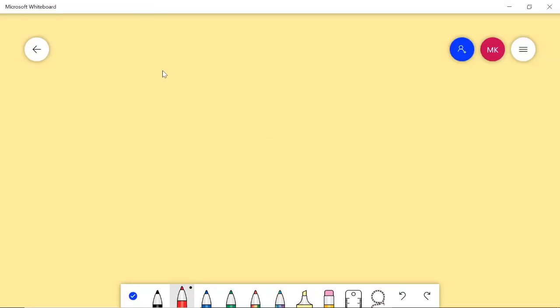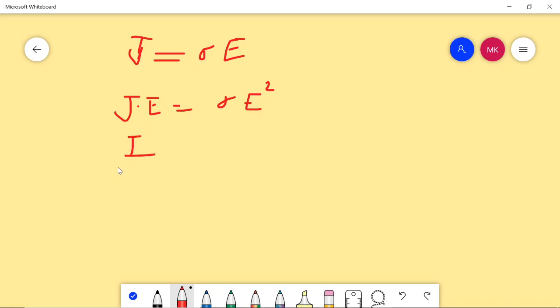So let's see here what we have. We know that J is given by sigma E squared, where J and E are vectors. Now multiply J with E. What you will have is sigma E squared. Now what is this sum? This is current I divided by per unit area, that is the current density, and here we can write E